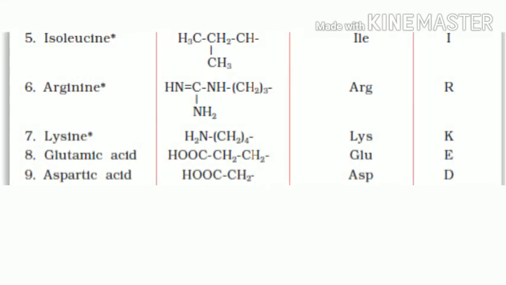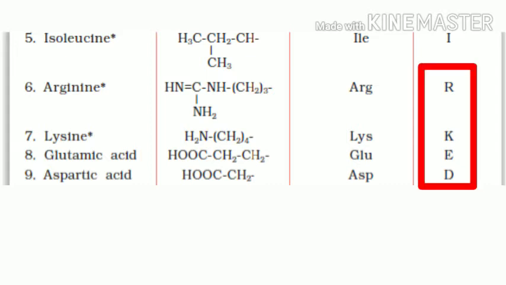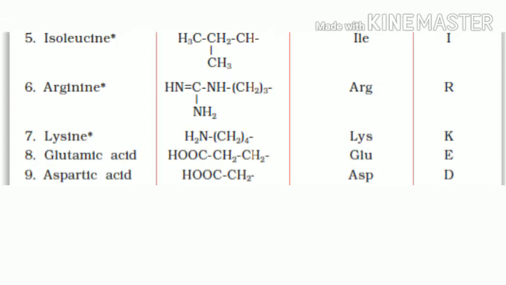The next 5 amino acids are isoleucine, arginine, lysine, glutamic acid, and aspartic acid, and we can see that the 1-letter code for the last 4 amino acids are not the first letters of the names of the amino acids themselves. So these are certain exceptions which we have to note for the ease of study. Similarly, the 3-letter code for isoleucine is ILE instead of ISO. Otherwise, the codes for the other amino acids are as the main rule.